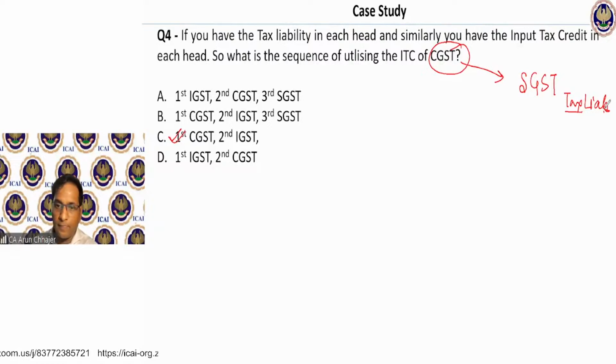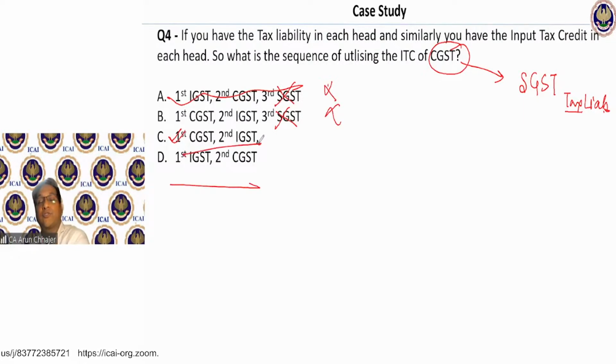No. So it means the first option and second option are not feasible at all. So A and B are removed. Only C and D are there. So when I told you that you will think of donation when you have satisfied your own house ka requirement, if you give first to the CGST, then you give to the IGST. The right answer is C. Absolutely correct. Now let's move to the